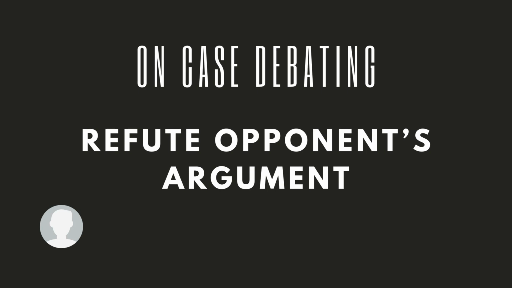So refutation is going to be a skill that we're going to work on a lot. Okay, we're going to make sure that you know how to analyze a person's argument, that you know to take the appropriate notes to make sure that you have the main idea written down, which are pretty much the premises and the conclusions of the argument, that you can formulate the arguments, that you're able to avoid logical fallacies and all of the pitfalls that the negative wants to avoid as they're providing refutation for the affirmative. And you also want to be detailed, and you got to be able to do your research, right?